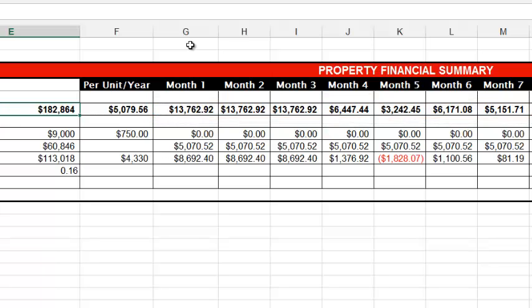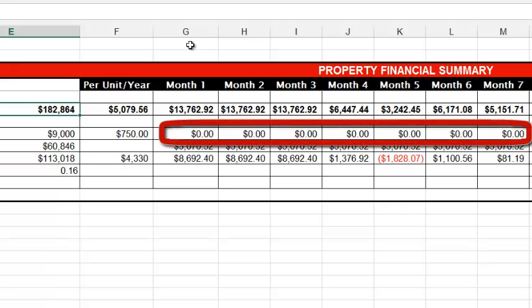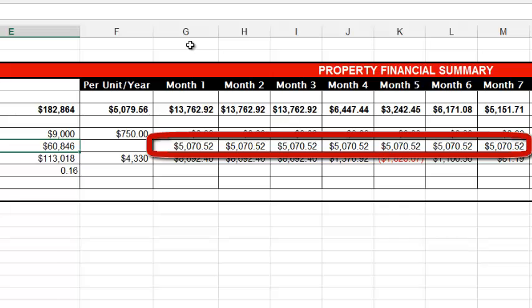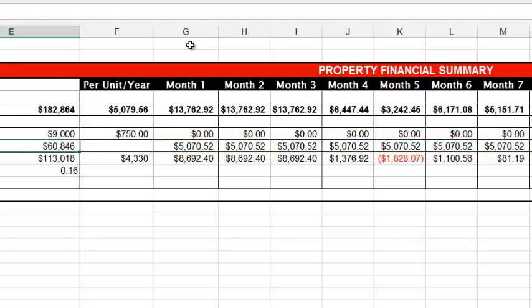Our capital expenditures line has a $9,000 total for the year, which in this case I might be tempted to put to zero for each of the first 12 months since we will be replacing pretty much everything, and only put it back to $9,000 for the years 2 through 5. The debt service shows what it will cost us to carry the mortgage for the first year of operation, which is $60,846, and spreads that out evenly over the year as well, and allocates the same amount for years 2 through